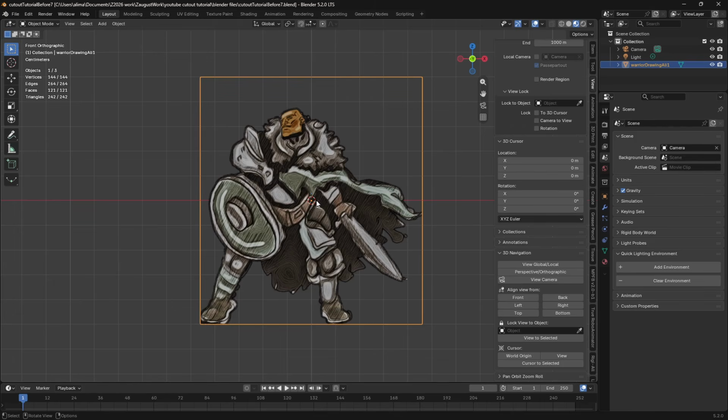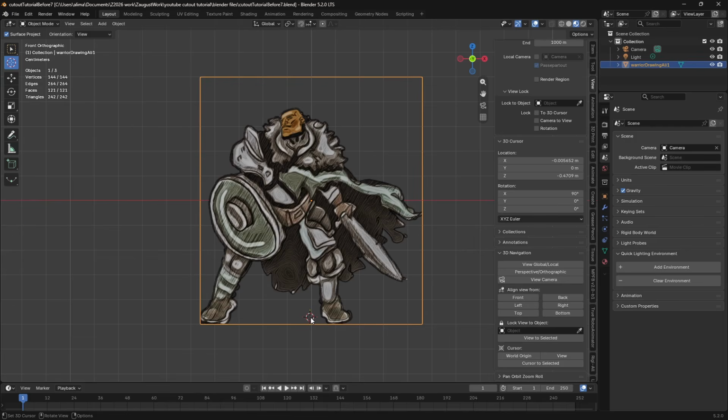Anyway, when you look right here, this is the origin point, right? So what we want to do is move this origin point down near the bottom of this drawing. So how do we do that? There's multiple ways. The way we're going to do it is go to the left-hand side of the screen and select cursor, right? When we do that, whenever we left-click,